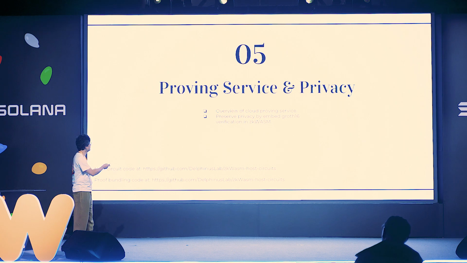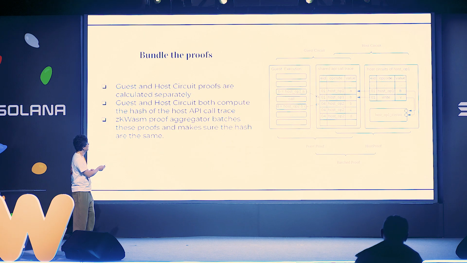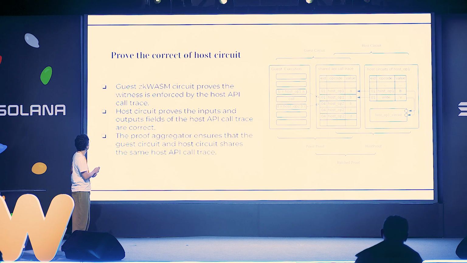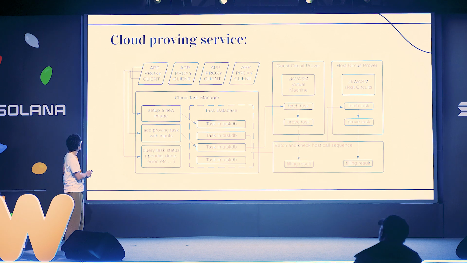If anyone is interested in that bit, it looks like this. We separate the execution proofs of the host circuit and the guest circuit, and we put the trustless circuit on the host side. Okay. And at the end, we batch the guest proof and the host proof. You can find the GitHub under the Delphinus Lab Git repo, which contains the injection of the privacy of the zkWebAssembly VM. And for the last bit, if you do not have a powerful machine running the zkVM prover,